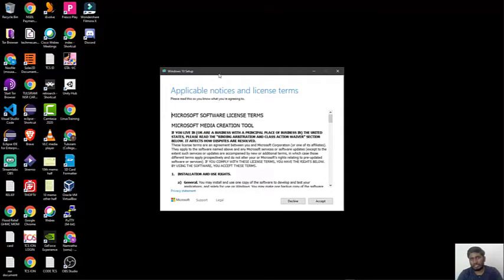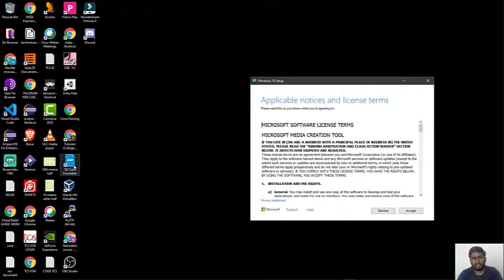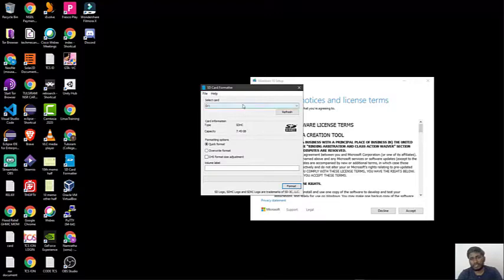So we'll keep the Windows 10 setup aside. Let us format our SD card first. I'll keep it aside. Double click the SD card formatter, say yes. Then you could see it is showing you SD card D, SD card E. Then select the preference that you like. For D it's also showing the same. For E it's also showing the same. So I'll select D. I'll give it a label, Windows 10.